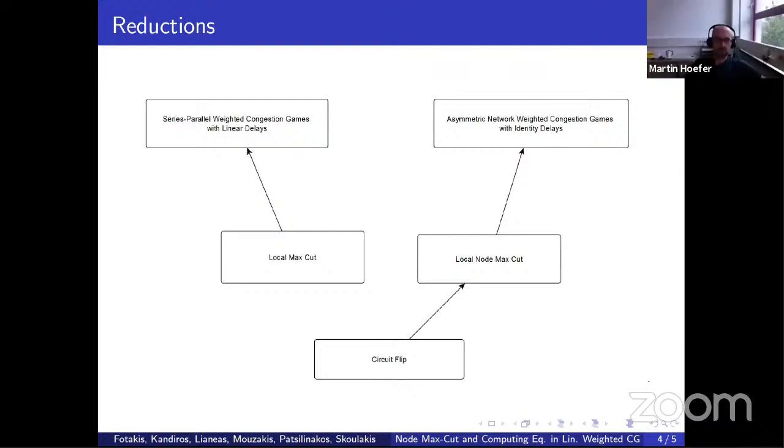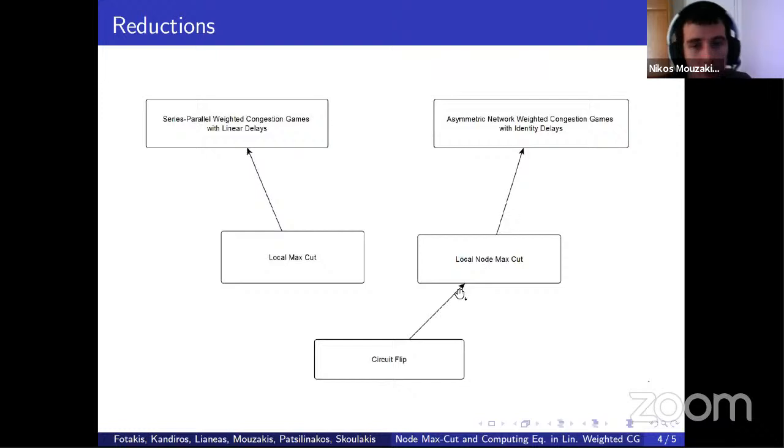Yeah, that was also my question when I saw this talk: how much is this node max cut version useful beyond congestion games? Is it a problem of independent interest that can be used to prove other interesting PLS hardness results? And in particular, can it be used for approximate equilibria? Having seen the talk by Diogo, I was wondering whether this can be useful for the open questions they have in terms of PLS hardness of approximate Nash equilibria.